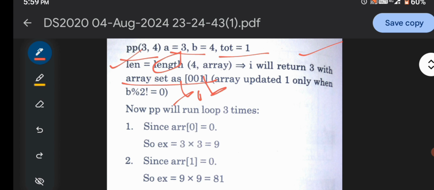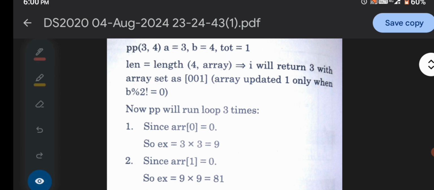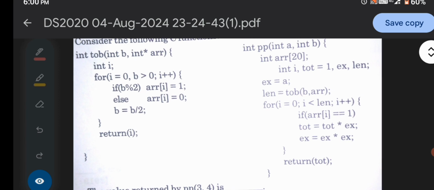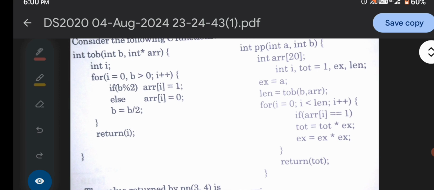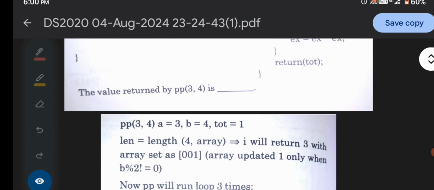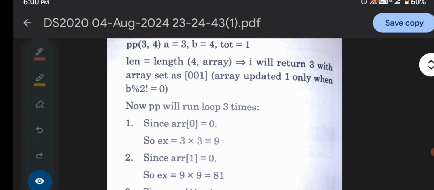Okay, and here the array is updated only when b is divisible by 2, that is equal to 0, meaning if b is divisible by 2, then the array value is equal to 1 as per the previous question. You can see here, if b is divisible by 2, then array I equal to 1, otherwise 0. Okay, now we come to the solution again.